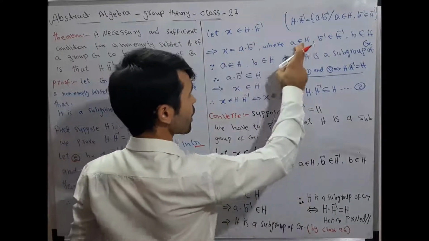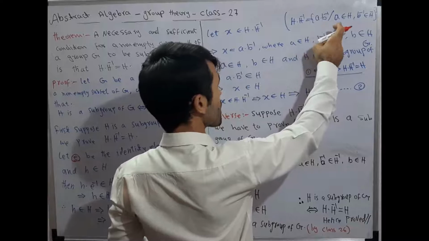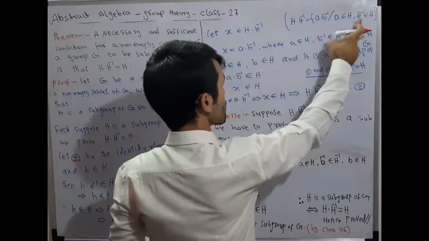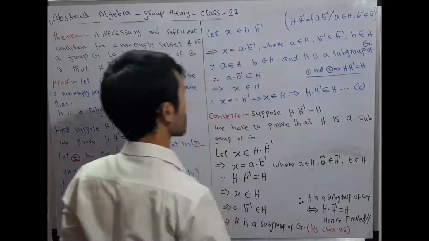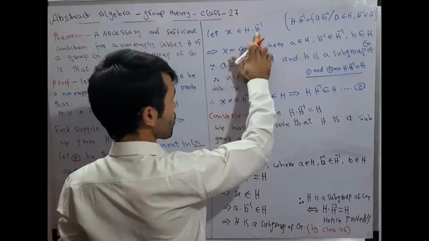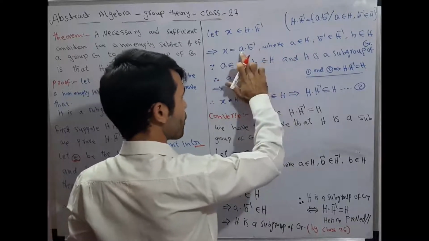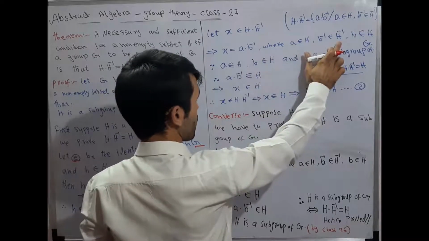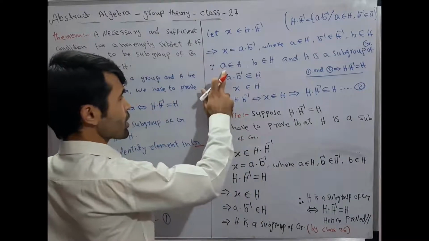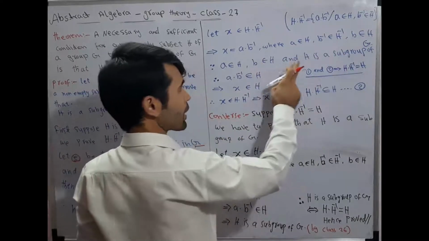Let x belong to H into H inverse. We can write x equal to a into b inverse, such that a belongs to H and b inverse belongs to H inverse. When b inverse belongs to H inverse, b belongs to H. Since a belongs to H, b belongs to H, and H is a subgroup,